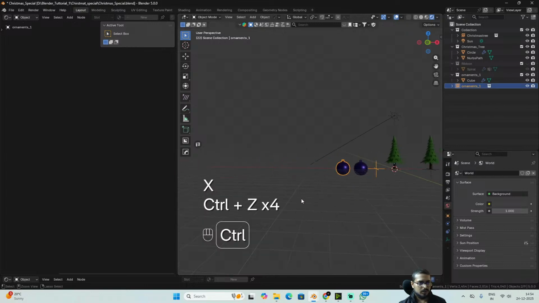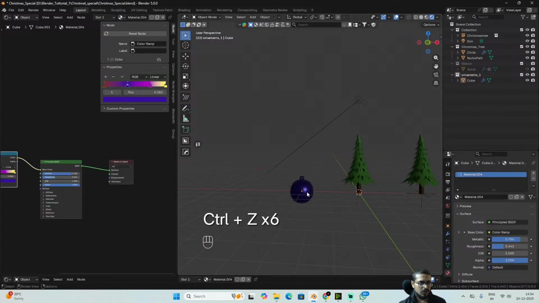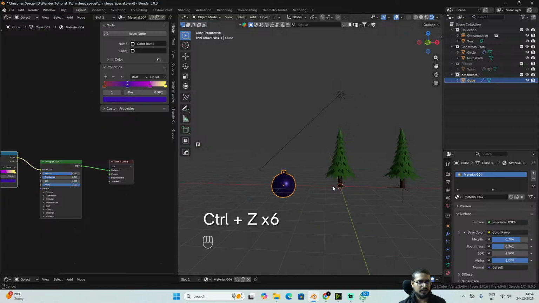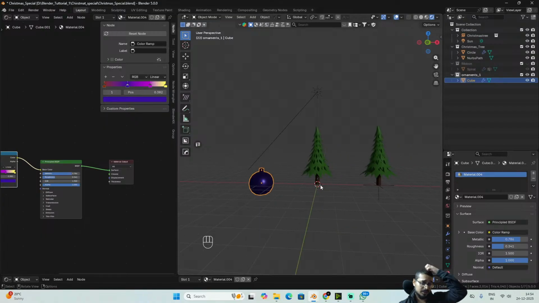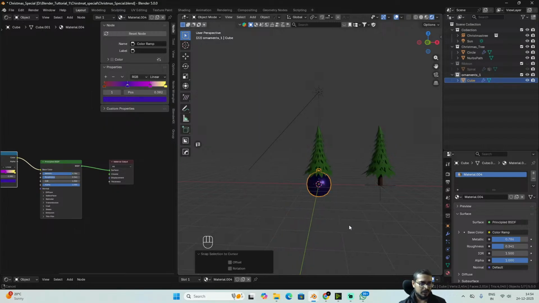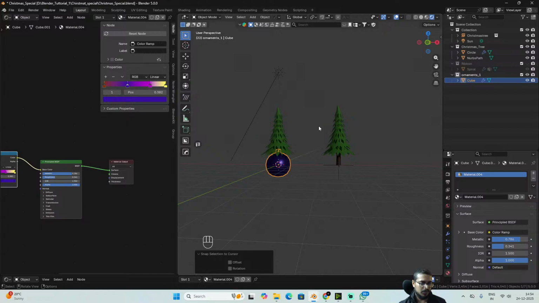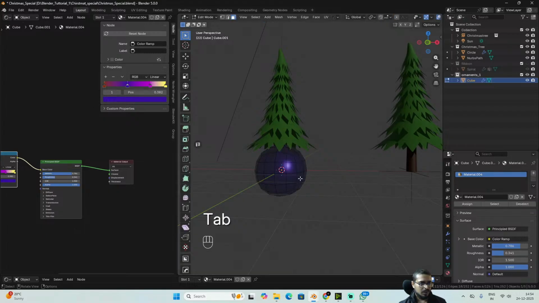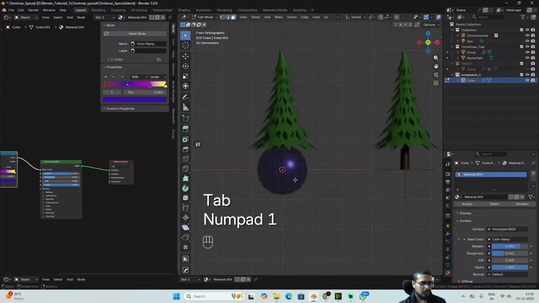right? Cool, but the only issue right now is that this object is not at the center, and collection instances are not aligned perfectly. So I press shift S and move it to selection to cursor, so that it's at the center or the world origin basically. And then in edit mode, I'll move this like